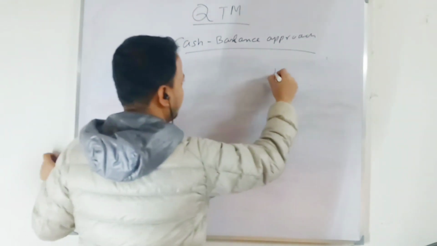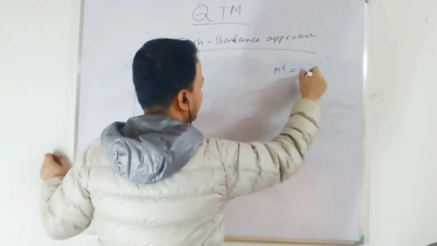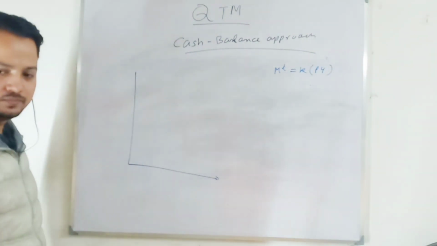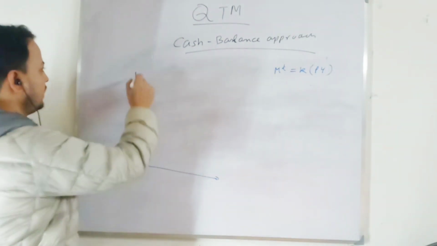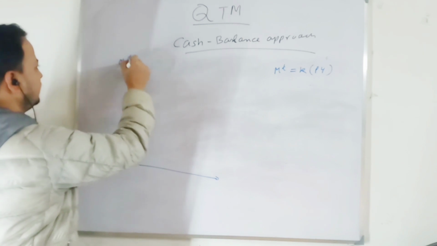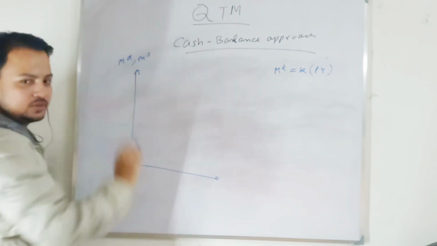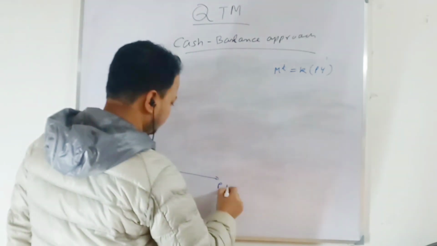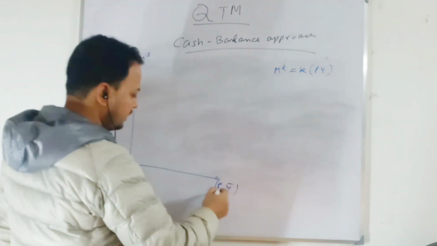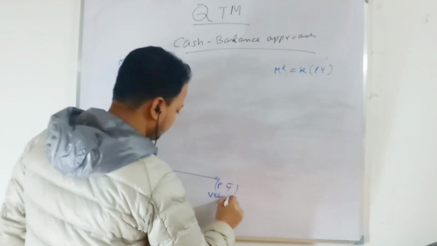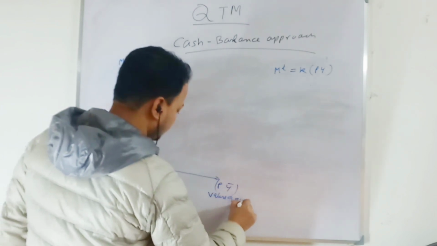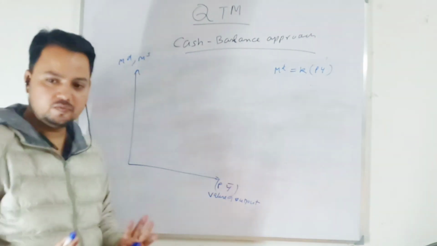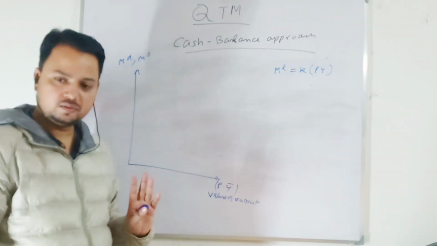So this is your money demand. It is some proportion to your value of output, right? Agree? So let's take money demand here, money supply this side, no problem. And here, see, output level given, I take value of output. Or you can add nominal value of output, or you just take price level. It will not change anything because output level is given.